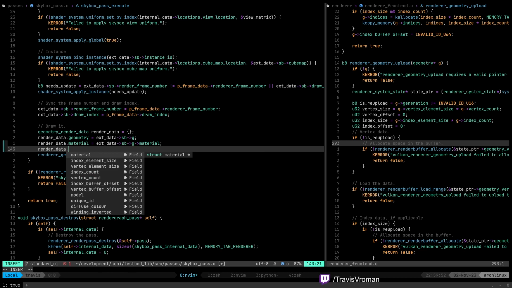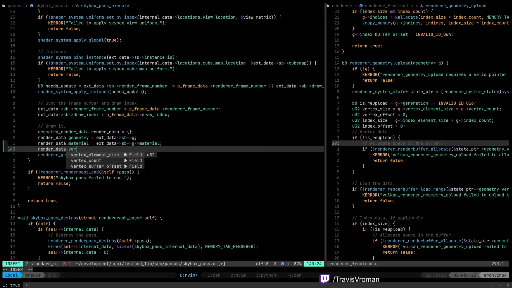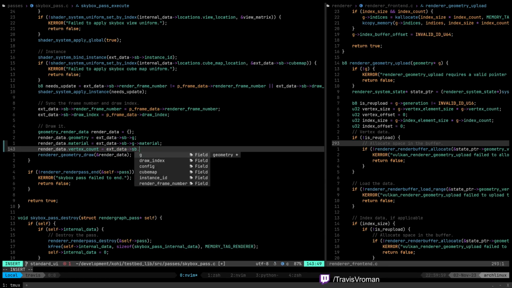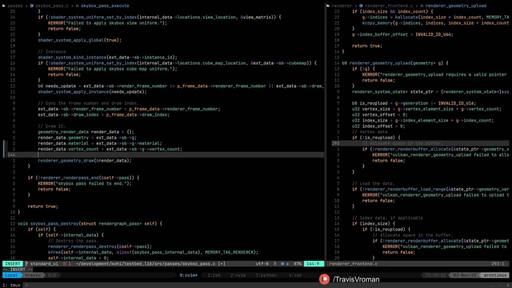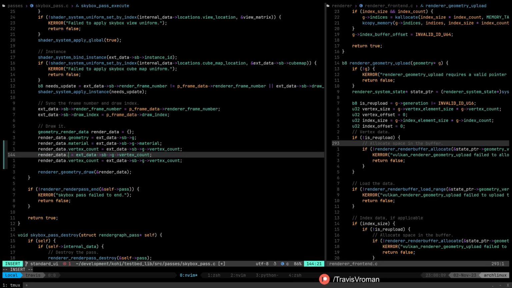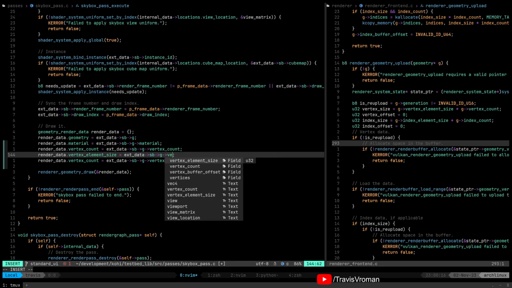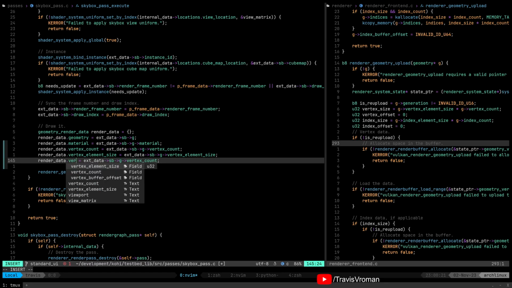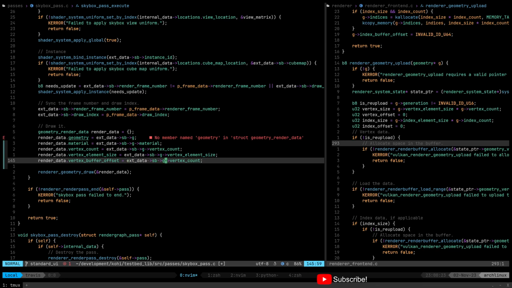Render data vertex count equals ext sbg vertex count. Render data, actually, you know what, instead of, let's do this. Vertex element size, vertex buffer offset, vertex buffer offset,